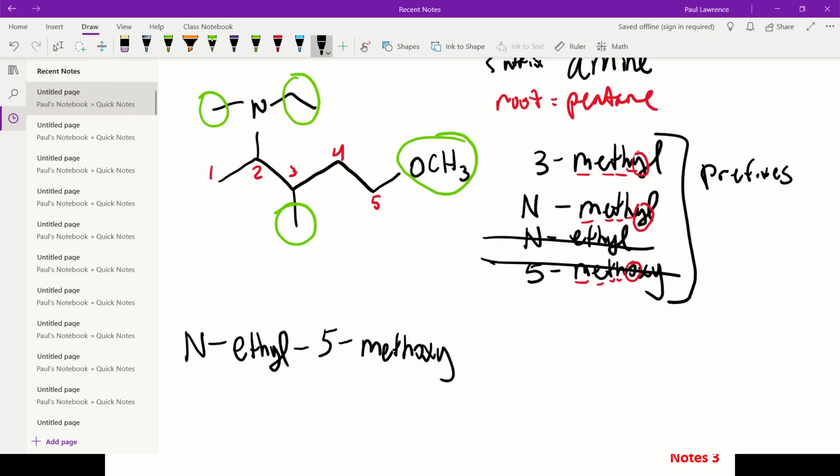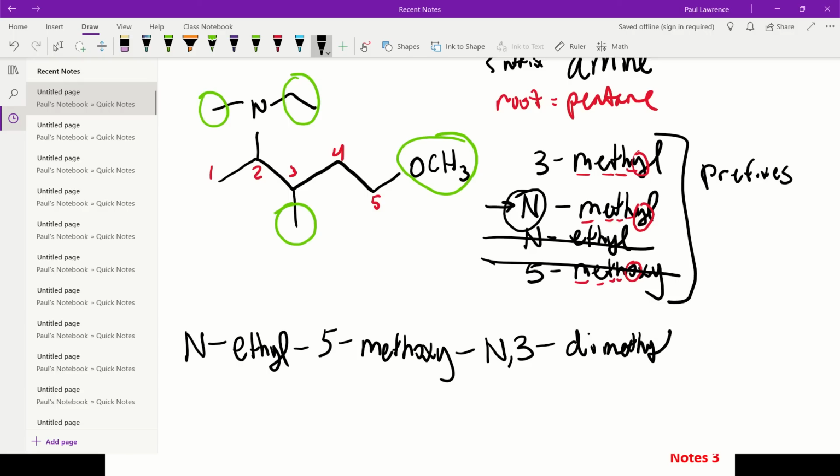Now between the last two, what do we do there? We always just stick, because those are both methyls. One's attached to the root and one is attached to the nitrogen. We just put the nitrogen first. Now we're treating this nitrogen as a number, so we're going to treat it like such. So numbers are separated with a dash, and we have a methyl on the nitrogen, and we have our third methyl. And how many methyl groups are there? 2, so that makes